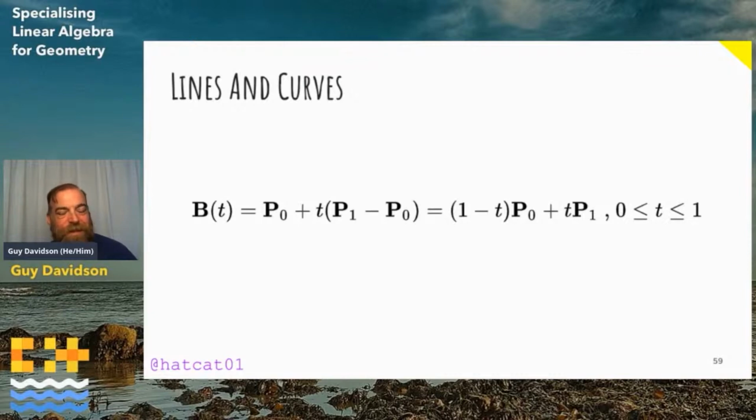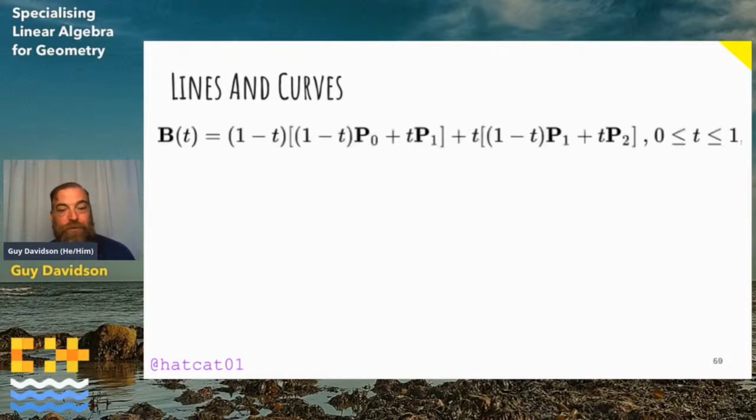If you were in Fergus's talk earlier, you'll have seen his request for a linear interpolation. This is linear interpolation in action. This is (1 minus t) P0 plus t P1 for t between 0 and 1. And that's the parametric equation for a straight line. So I was lying a bit when I said there's just one equation for a straight line. Here's another one. But as t increases, you get a little more of P1 and a little less of P0. So we're back to our first class.